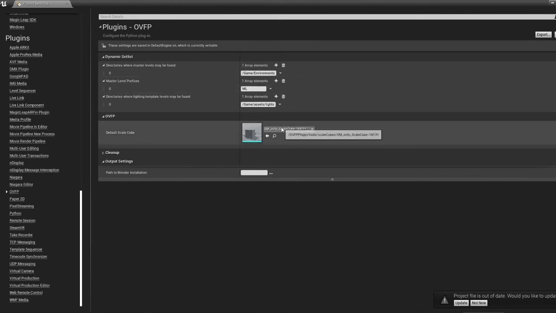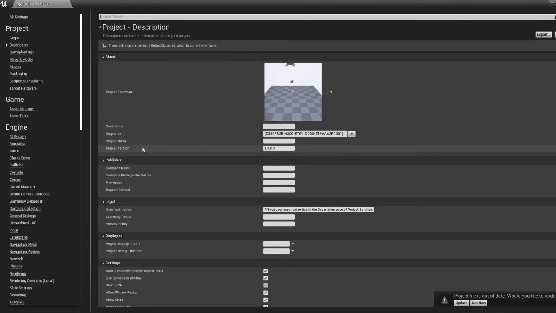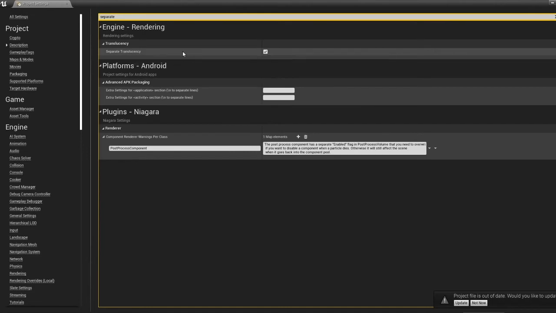Or if you're using a different scale cube, say you have a character baked into your scale cube, you can change what scale cube is spawned here. A few settings to worry about are rendering settings, the first of which is separate translucency. I untick this because separate translucency will make it so that your translucent objects do not blur correctly with depth of field and cameras. And the last of which